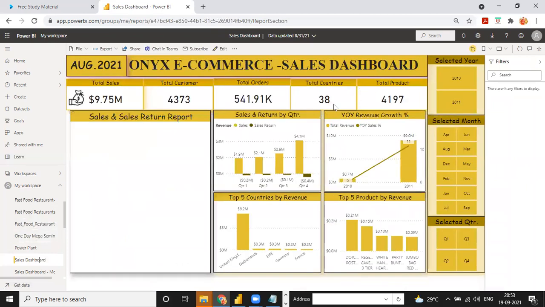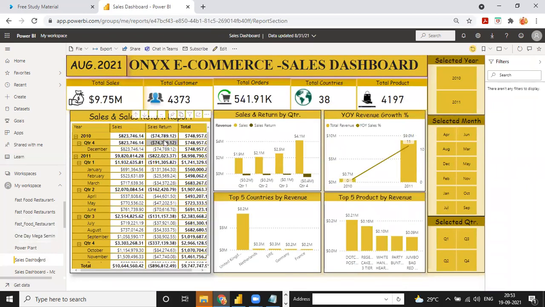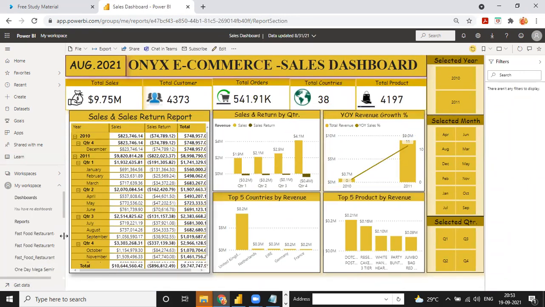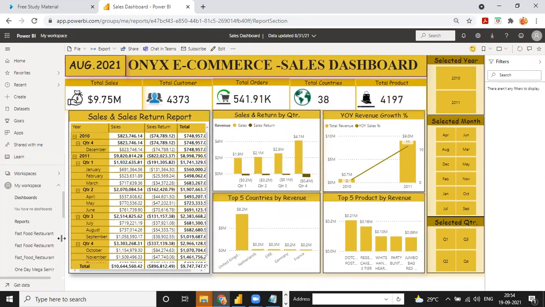And see, there is one more sales dashboard, with a tabular presentation also, like sales, sales return, total sales. You see many types of data sets and many types of reports. I am already working with this. This one is just for my office purpose; it is just an office laptop, so there is a reason to use it.